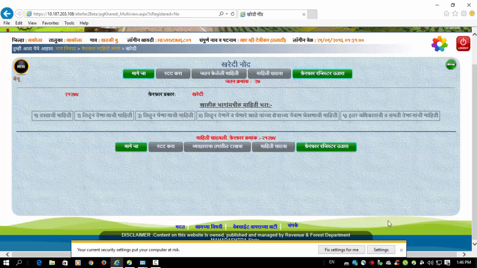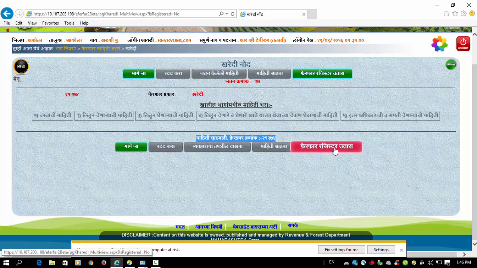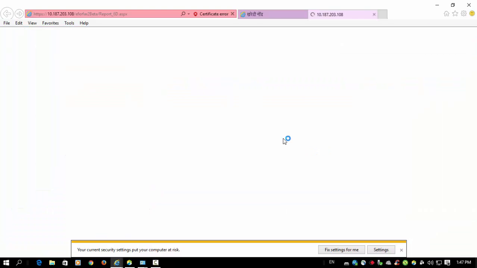After that, the total माहिती साठवली, फेरफार क्रमांक is 21274. This is the total process of e-mutation purchase type. Now we can go for the फेरफार register चा उतारा.